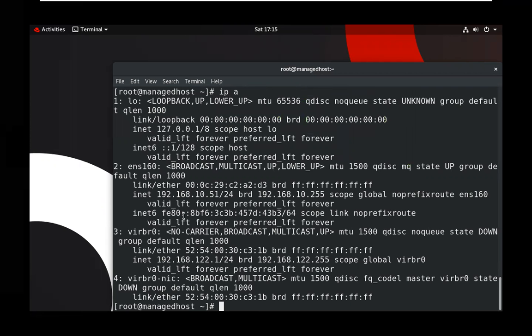What is the IP of this machine? The IP of this machine is 10.51. And we want to check